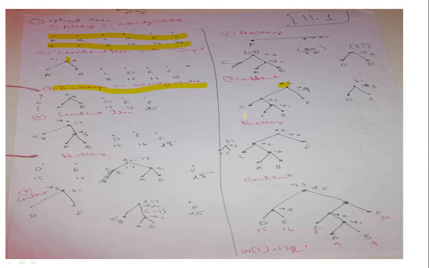Anyway, I'll shift first again here, then I'm going to construct. So rearranging I have done, then I have constructed. So the new weight of this particular tree I got is 73. If I add all these together, I'll be getting a total weight of 172. So this is how we are going to get it.